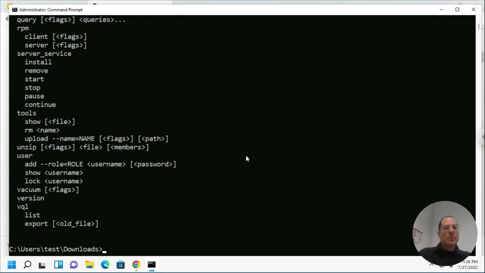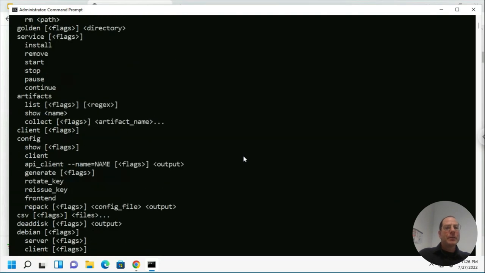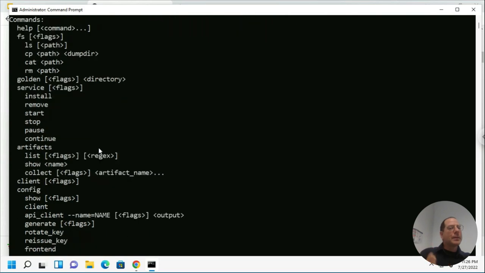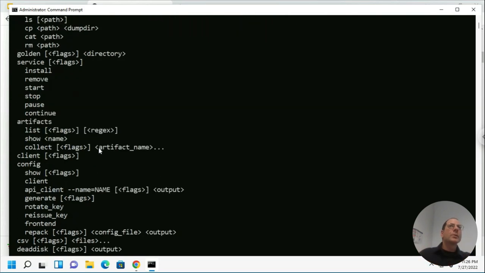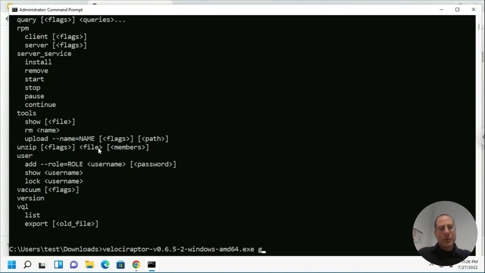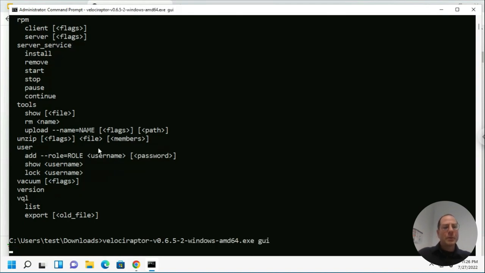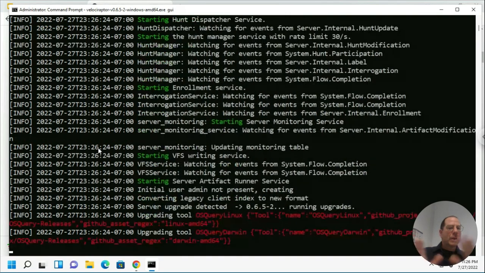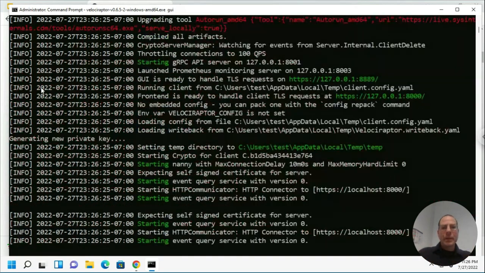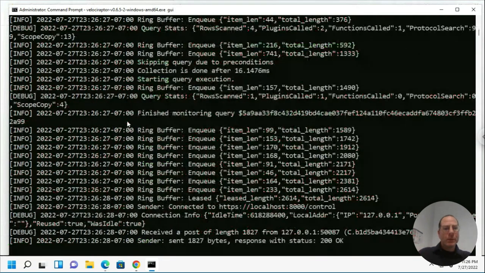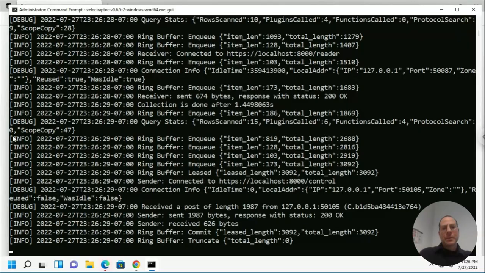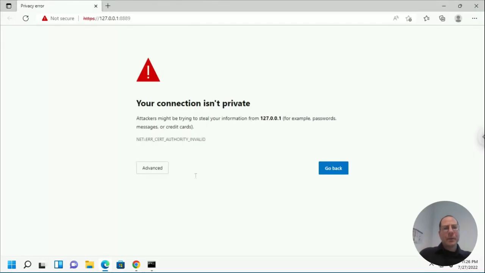When you run it, it will basically print some help. And you can see that depending on the command that you give it, it does different things. So it's just a single executable that does lots of different functionality. But for today, all we have to do is just do a Velociraptor GUI, like that, and it will just start up, and then it will essentially start a server and a client that works with it,